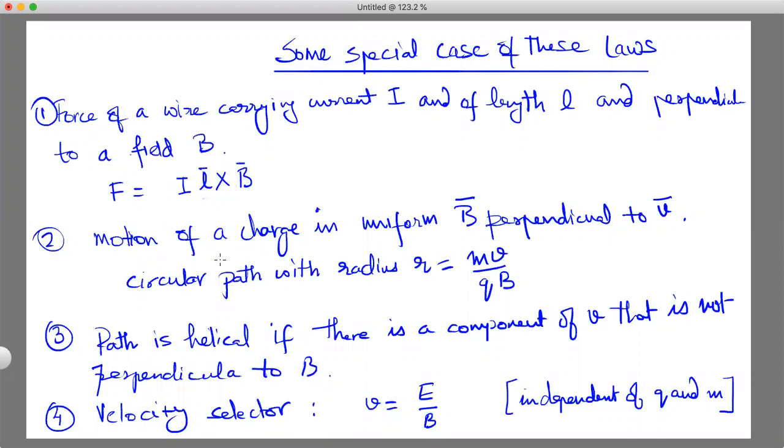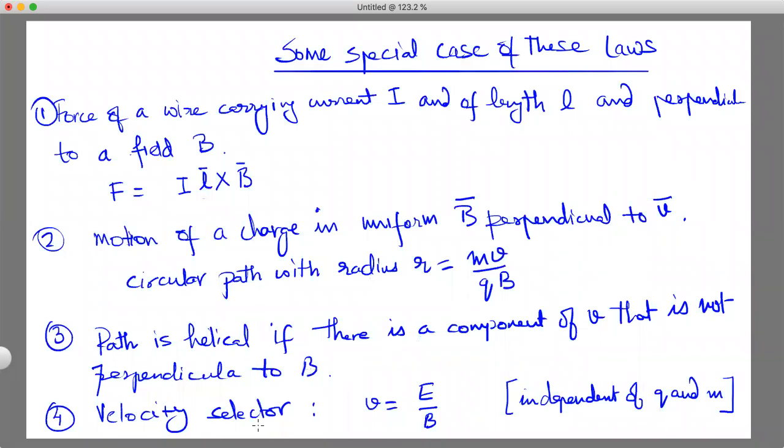the Lorentz force, okay. And motion of a charge in a uniform magnetic field is a circular path that you have to remember, and the radius is given by mv by qB. Okay, so this is an important relation to remember, and the fact that it is a circular path. We should also remember that if there is a component of v which is actually parallel to B, that generates no force, so it creates a helical path.